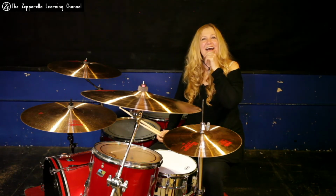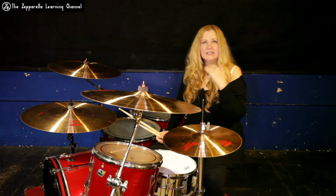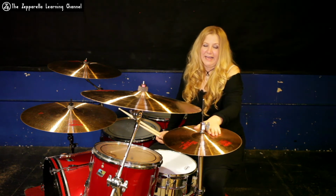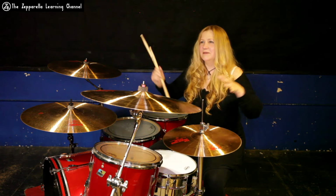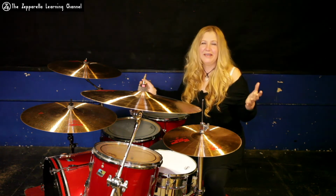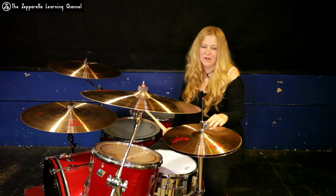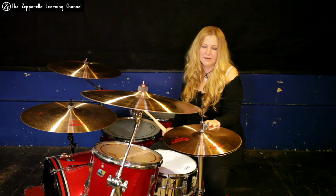Finally, I want to talk about the hi-hat. In the recorded album version, the hi-hat's pretty steady all the way through, but live, I like to really play with the hi-hat because the hi-hat adds a big amount of sonic space in the room when that thing is swishing around. So in this song, I leave it pretty cracked so it really swishes and creates that nice